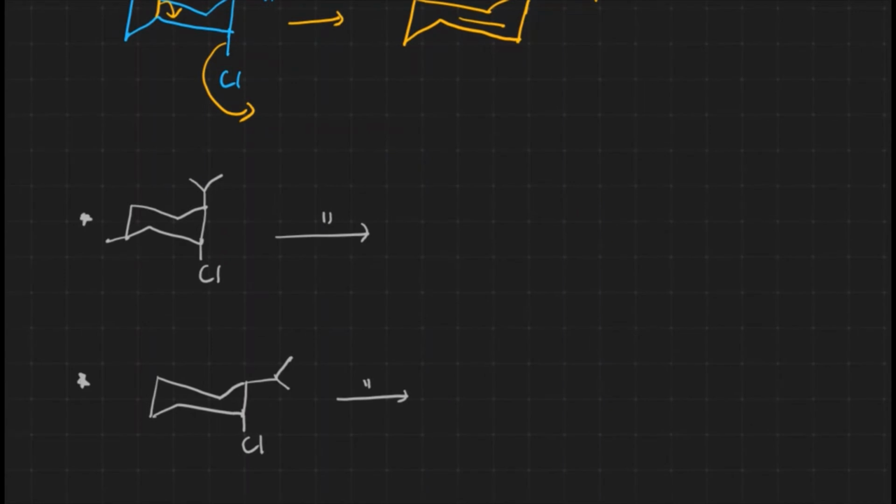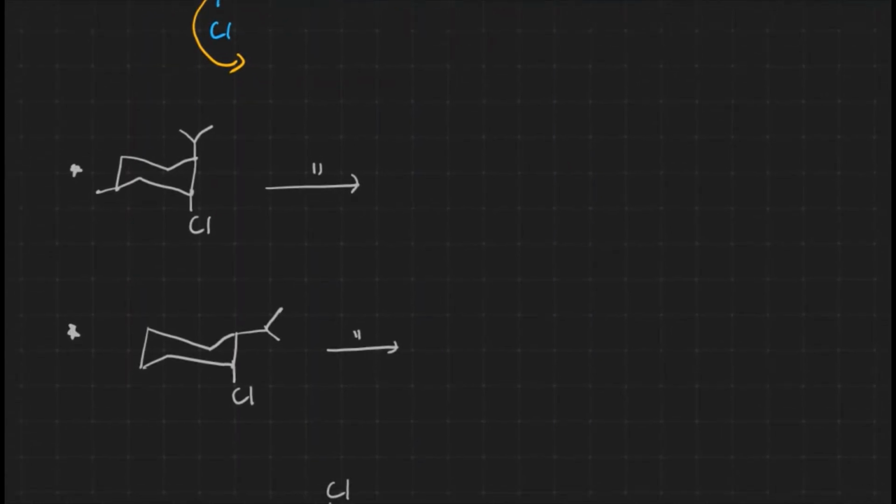Okay. Now let me take here also. What is the product going to be, right? We have hydrogen over there, and we have hydrogen over there, with respect to chlorine, right? It is in equatorial position. This is an axial. This is at axial position, right? Diaxial elimination takes place. That's how this hydrogen gets out over there, and formation of alkene takes place, right?